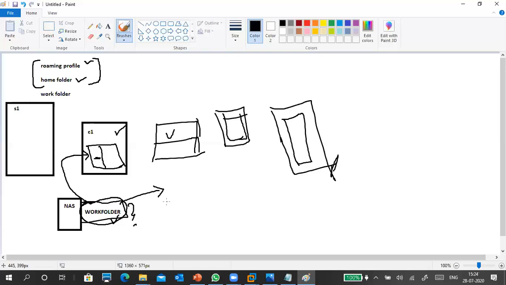Okay, there is a mobile phone app also. You can have an Android mobile phone, Microsoft mobile phone, or Apple mobile phone, irrespective of your operating system. You can go to the Play Store and type work folder. You can see work folder, Microsoft organization name.